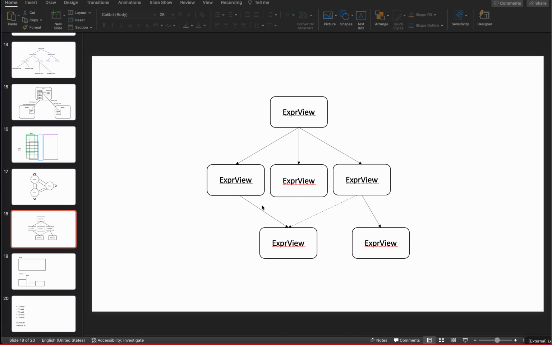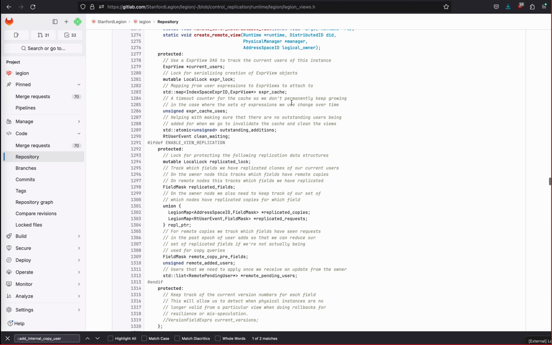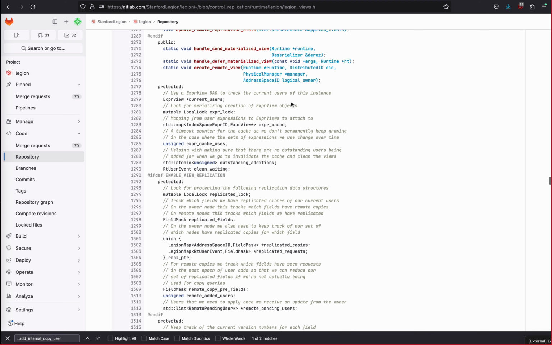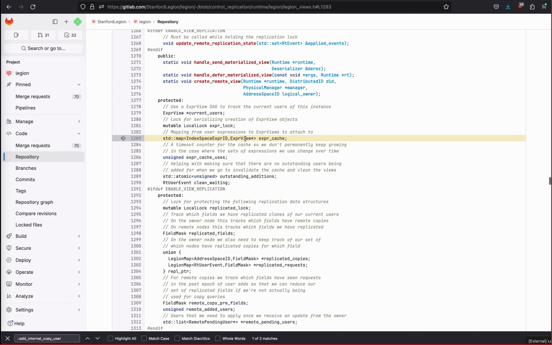So effectively, this expert view cache, and let's take a look at it over here on this materialized view data structure. Where is the cache? Here it is. We've got a little cache here that represents a mapping from index-based expression IDs to the expert view nodes in the bounding volume hierarchy, and it's protected by this expert lock here. So when you go to access this cache, you take this lock and then look up in the cache to see if you can jump straight to the node in the expert view bounding volume hierarchy to record your user,